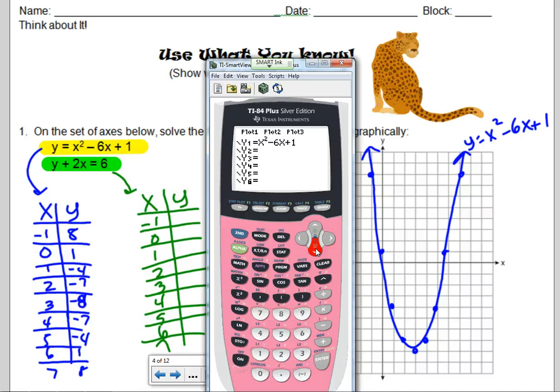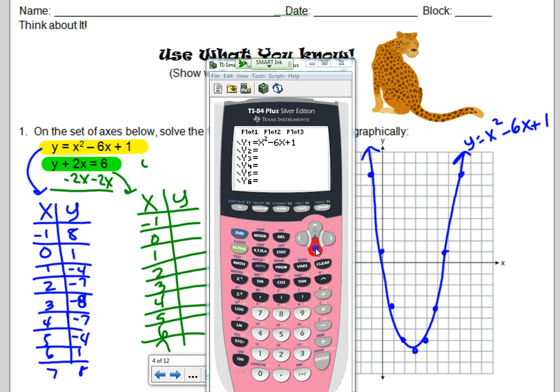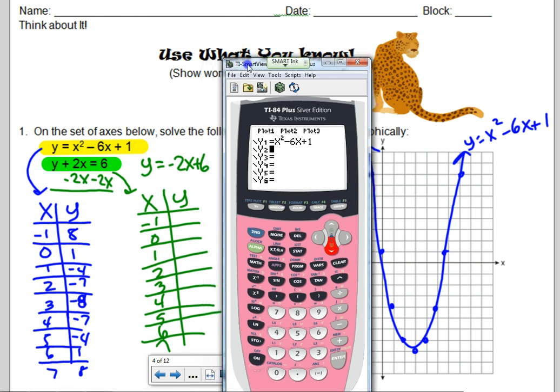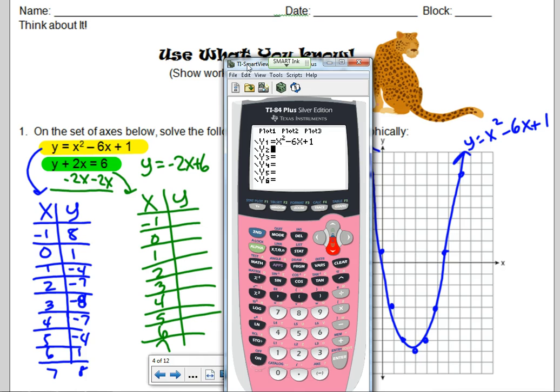Now, in order to graph it in your calculator, you do have to be in Y form. So in order to graph this, you would have to subtract the 2x over so that you get y equals -2x plus 6. Okay, so I turned off the other one, but you can still see it. Okay, so I can see that it's going to turn out to be a line, and then I can go to my table